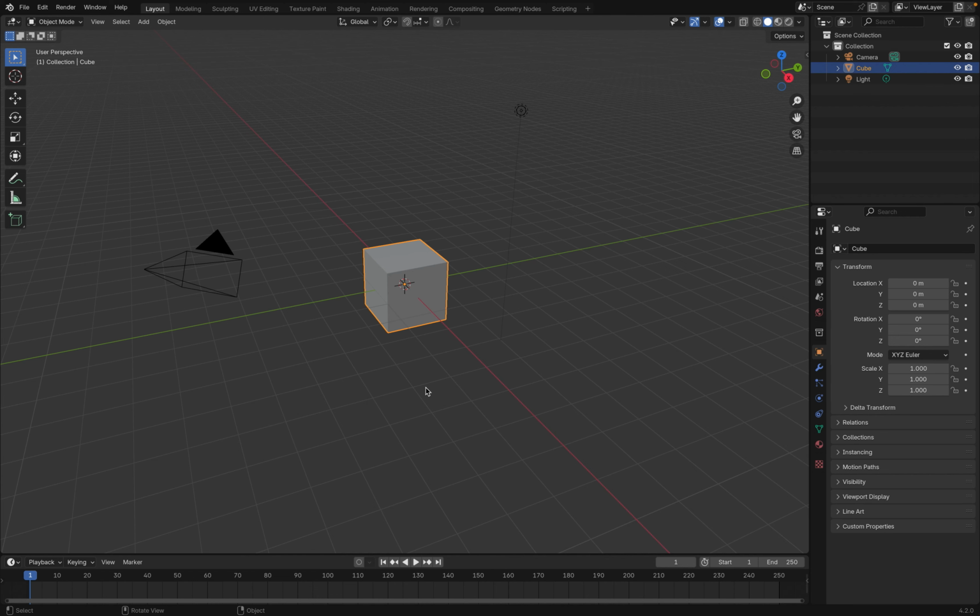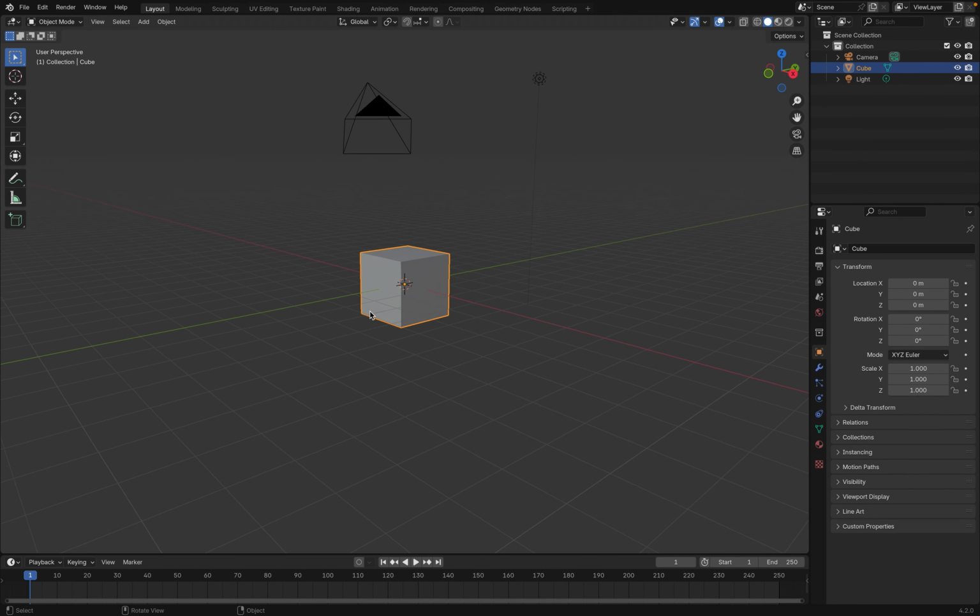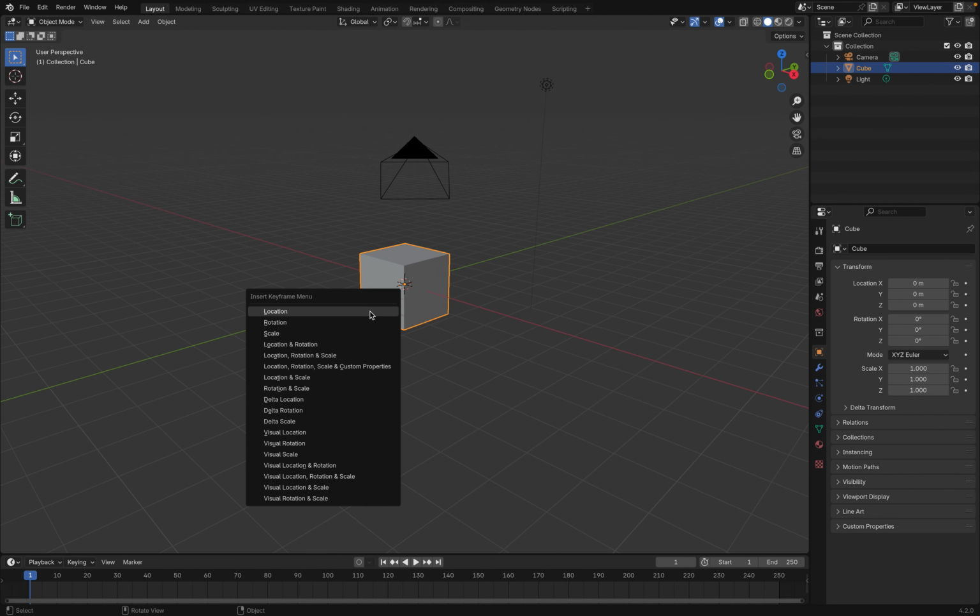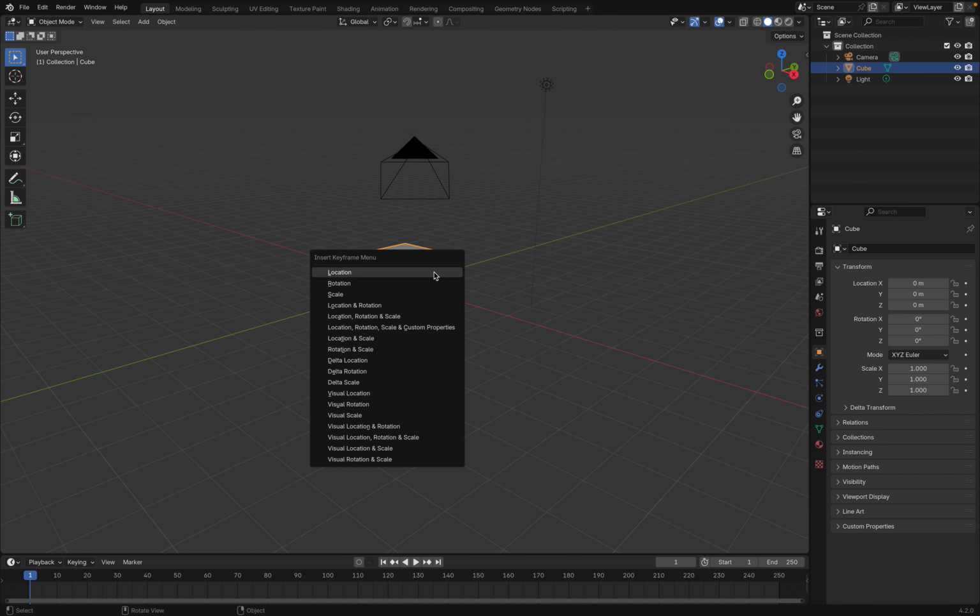How do we do that? We have this default cube at the center of Blender in our viewport. What we'll do to insert a keyframe is press K. I'm talking about Blender 4.2.0. In previous versions, we used to press I to insert a keyframe, but from Blender 4.2.0, we have K for this menu. So once we select an object, we press K, and a whole different menu appears over here, in which we can insert a keyframe for location, rotation, scale, or location, rotation and scale,